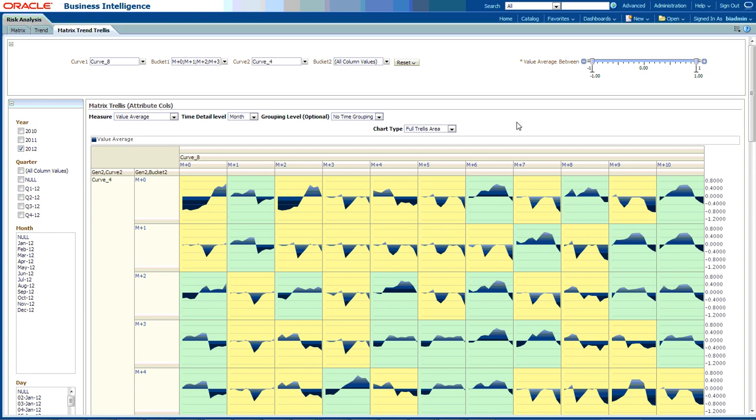So this next example is actually going to show within the market risk analysis system that we've got here on Exalytics how we can dynamically do some sorts of analysis within here just beyond the scope of what's available in the standard dashboards. So a question that I was asked was, if this example here, which shows us a particular risk factor bucket combination, curve 8 by curve 4, across each of those different buckets for all of 2012, how